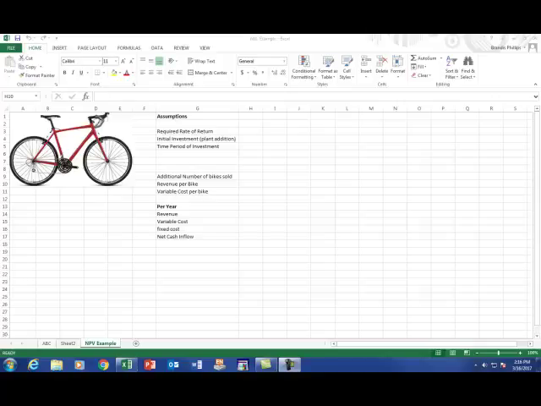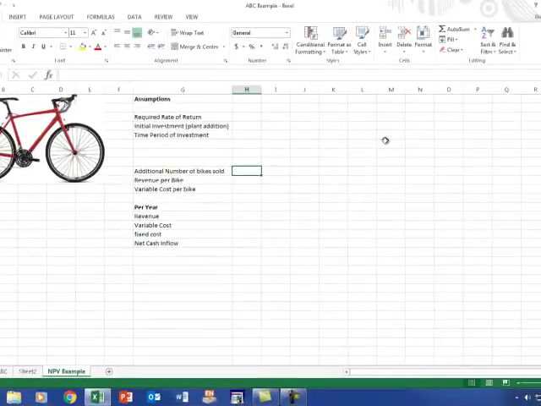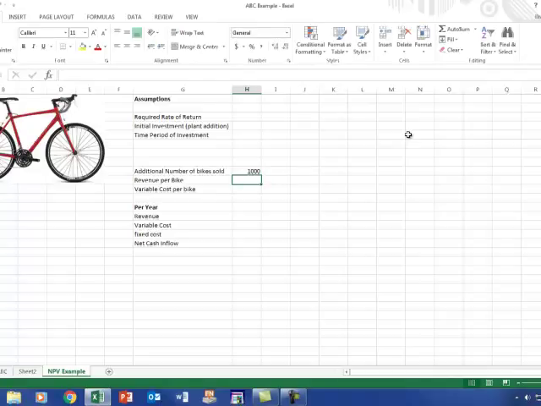Okay, we're going to do a net present value example, continuing with the bike information. So in this scenario, what we want to do is to look at a potential investment. Say, for instance, we can make an extra 1,000 bikes per year if we buy or build an addition to our production facilities. So again, we can sell another 1,000 bikes each and every year. So that plant addition, let's say it's going to cost us